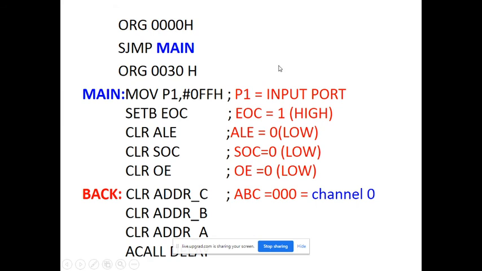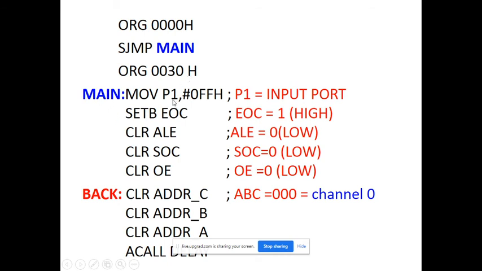Now I will write that algorithm into the code. Okay, initially you write the first 3 steps, which indicate the start. Initially the origin starts at 40H, but this is the location of a register bank. We can't write there. We want to write in the scratch pad, and that's why we are jumping to main, and main starts from 0030H, which is the starting point of the scratch pad. Now the controller comes to main, this label.